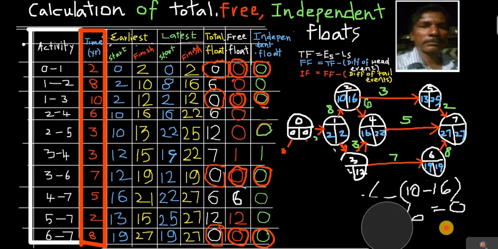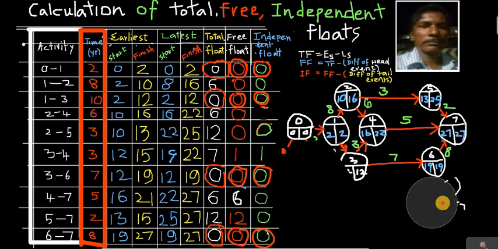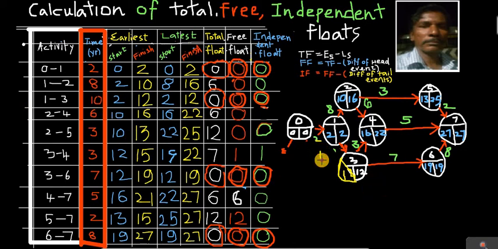We can calculate the free float for each and every activity. Okay, some software problems come here. See, this is 12, and here 2, here how much? The activity 1 to 3, 1 to 3 is 10. This is the earliest time, this is the latest time. Okay, this is the way we can calculate